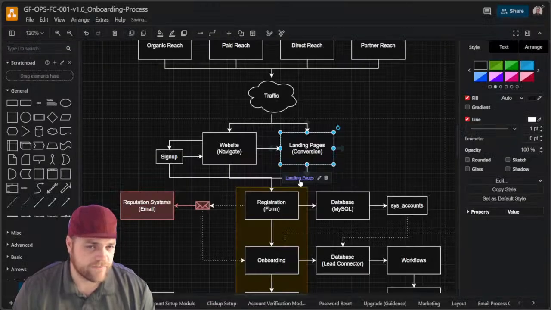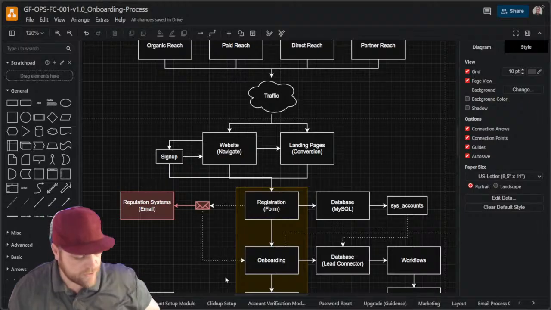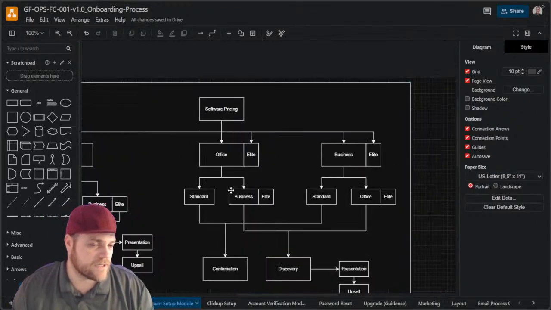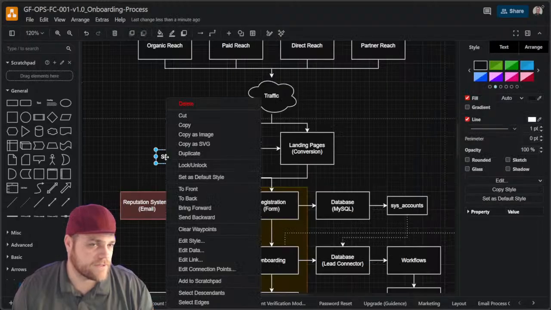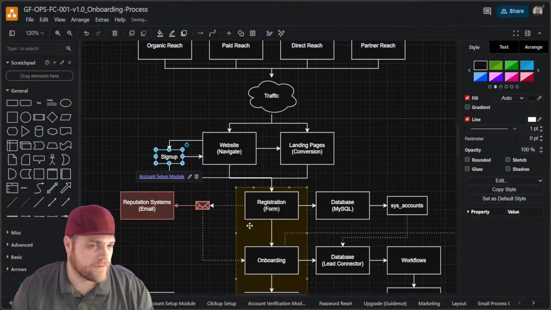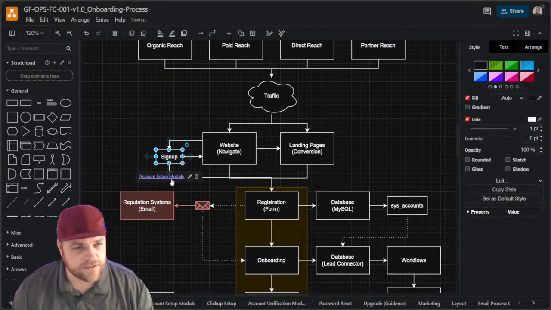Very easy to click, very easy to navigate, very easy to access. I can even say, well, my Google module, how do I want my Google module to work? I can connect that to account setup. Account setup module, so I can say setup. I can connect this one now to account setup.